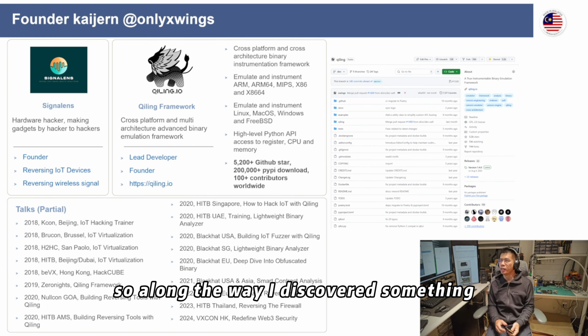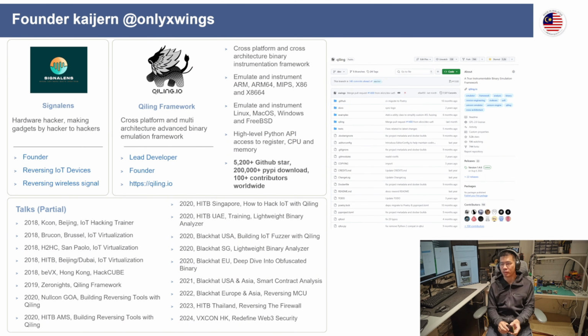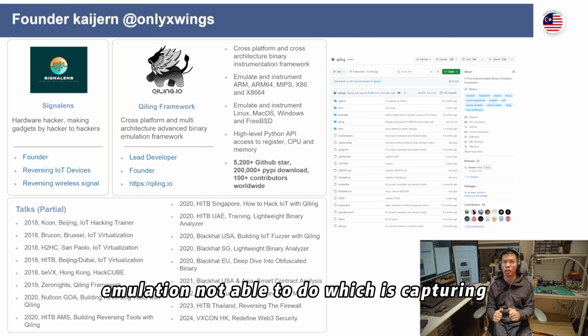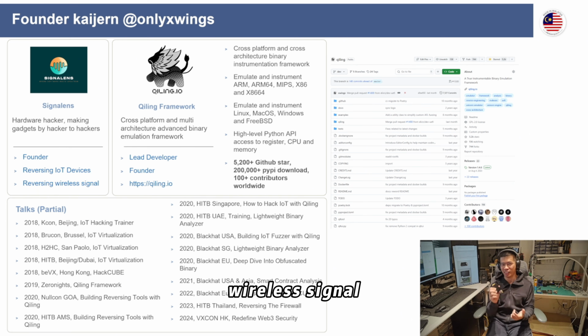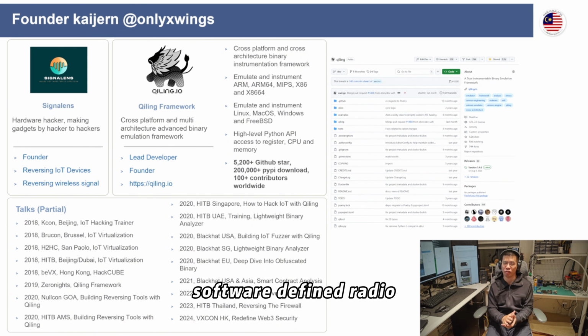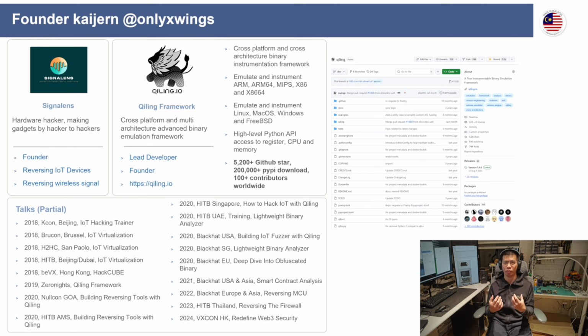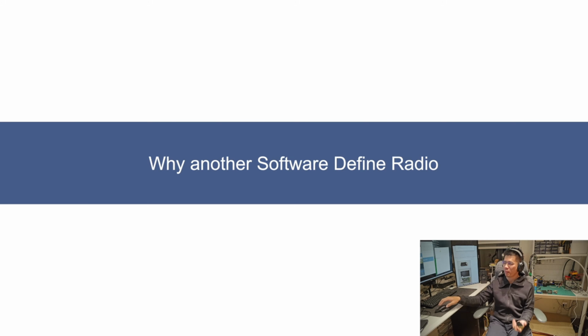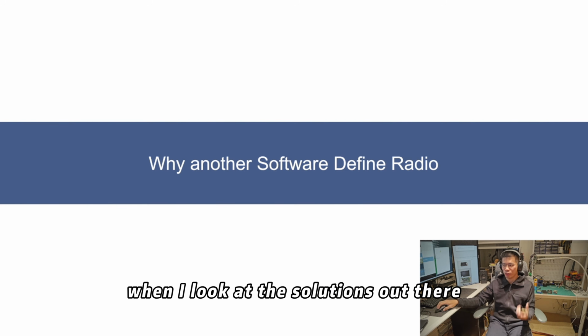So along the way, I discovered something. There is one thing that emulation, or software emulation, is not able to do, which is capturing wireless signals. So that led me to look into all kinds of software-defined radio solutions, to achieve the targets that I wanted to achieve. So when I looked at the solutions out there,